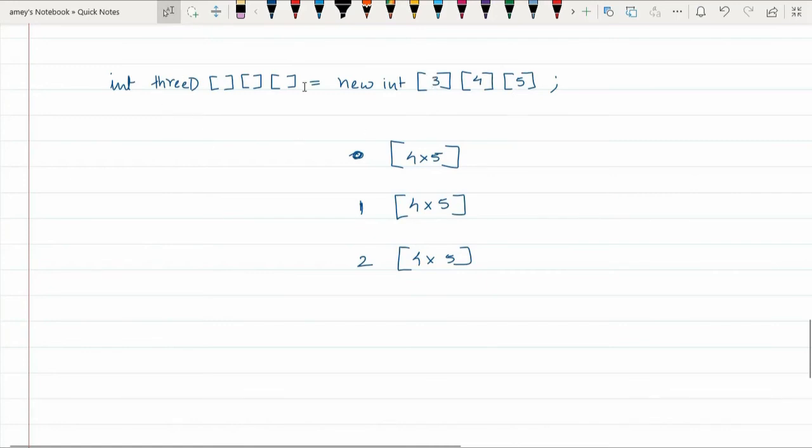So basically, a three-dimensional array in Java simply means we will have 3 arrays of 4 by 5. So this 3 specifies 0, 1, 2, that means 3 different matrices. You will have one matrix here, one here, one here. Slightly complicated, but this is how three-dimensional arrays are defined, where this parameter specifies the rows, this the columns, and this parameter how many matrices. So a three-dimensional array means three matrices, each of type 4 by 5.